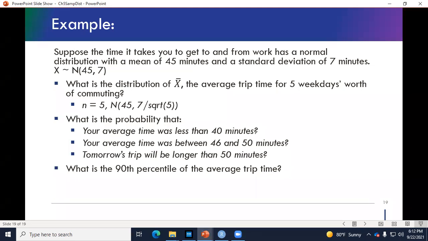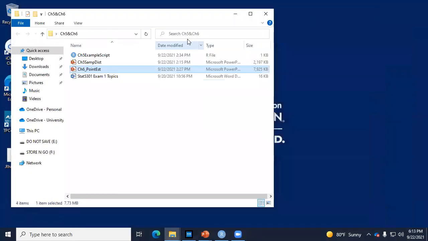There was the 90th percentile of the average. So again, this is asking about the average. And I can also ask for the percentile of X by itself. So this is something to pay attention to when you read the question. Yeah, let's go to the